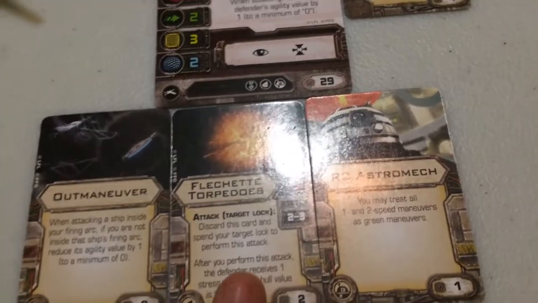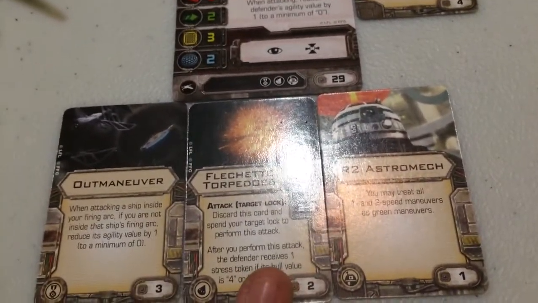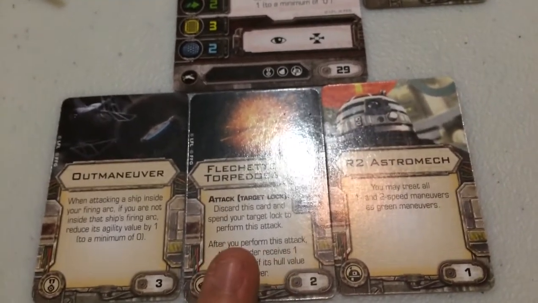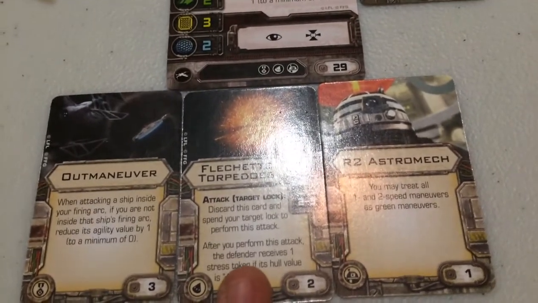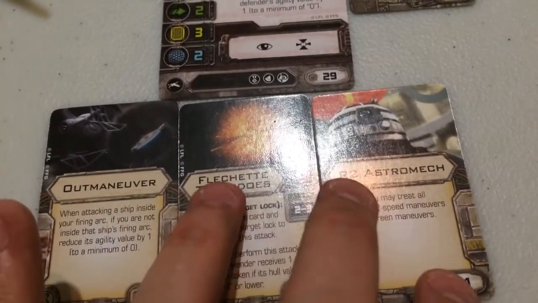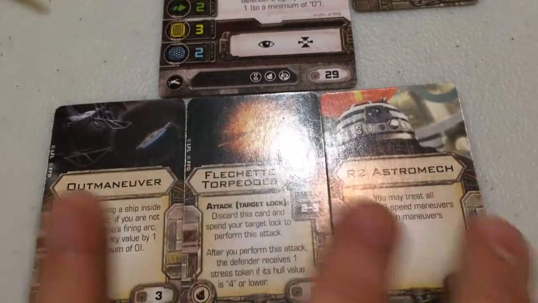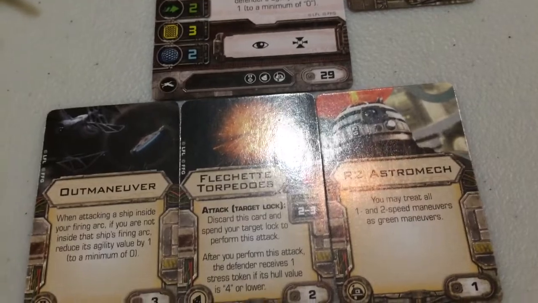your opponent, because you can spam the torpedoes as long as you keep missing, and then of course they'll get stressed. They won't take damage, but they'll get stressed, and you can keep the flechettes and use them again. So coupling this with munitions failsafe would make this a very, very good stressing tool, similar to the stress bot that you would put on a BTL Y-wing, because you get stressed, they get stressed, and then of course if you use TLT, then it applies to every time you attack, and so on